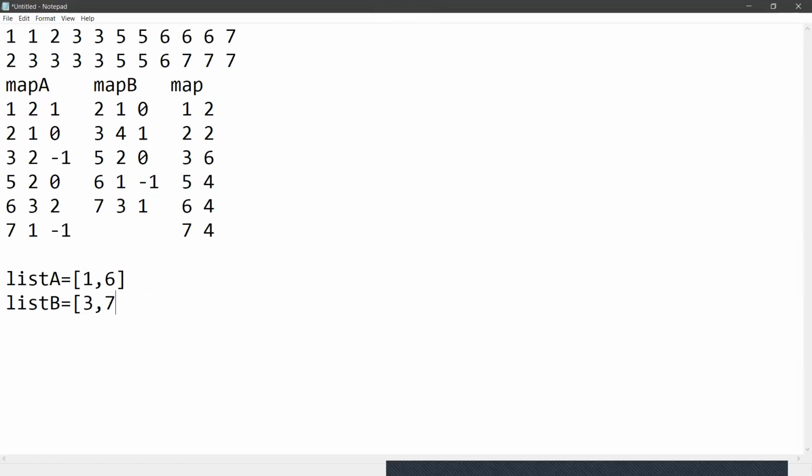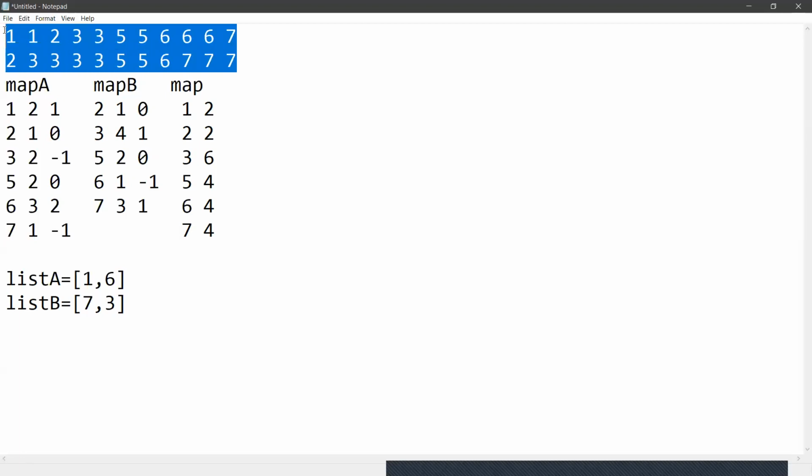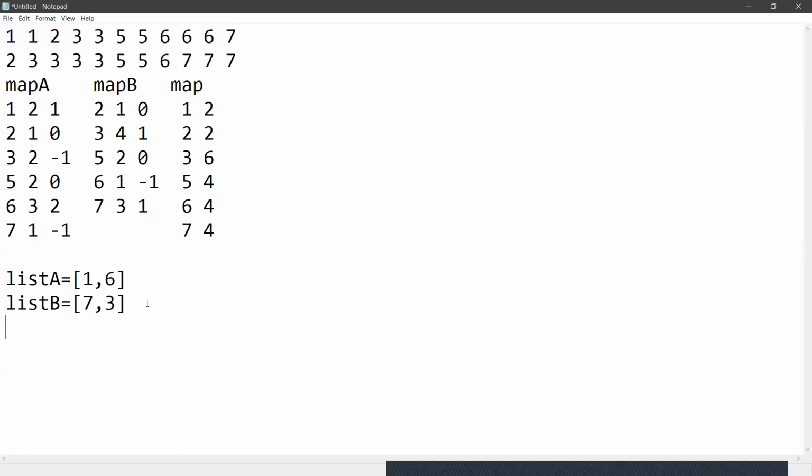and in list B I have to take 3 and 7. So 3 and 7. This is the ascending order, and this is the descending order, so descending order is 7 comma 3. Now I have already stored the minimum value of the 2 arrays, which is 1. Now I have to traverse list A and list B, and one more important part: list A and list B sizes are always equal.